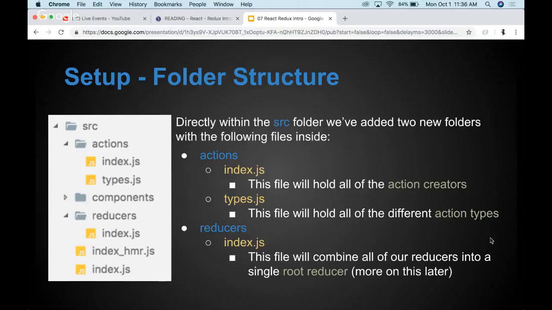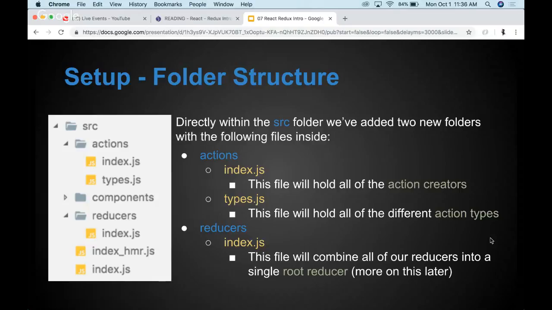The reducers folder will have an index file in it, and it will have separate files for each individual reducer. Each reducer is responsible for a specific part of state. Okay? You can potentially just have one reducer, but normally you want to divide your state up a little bit more than that. So for each property you want? No, not each property. Each